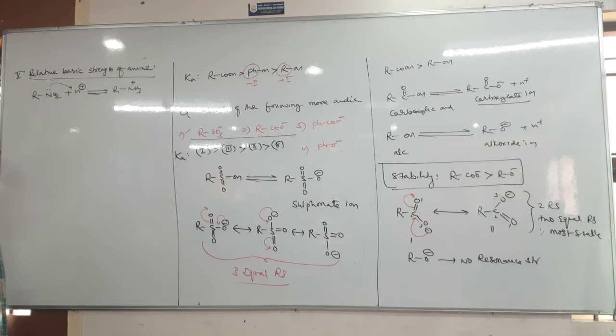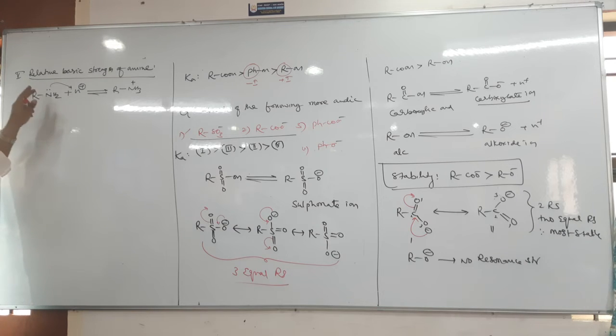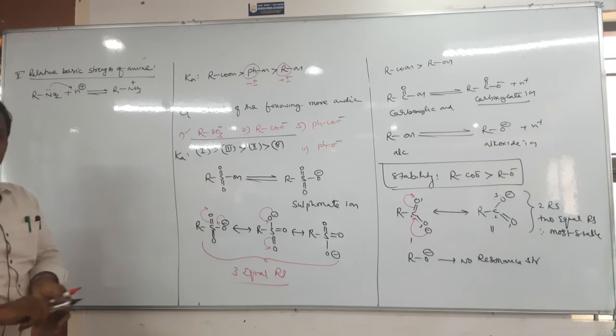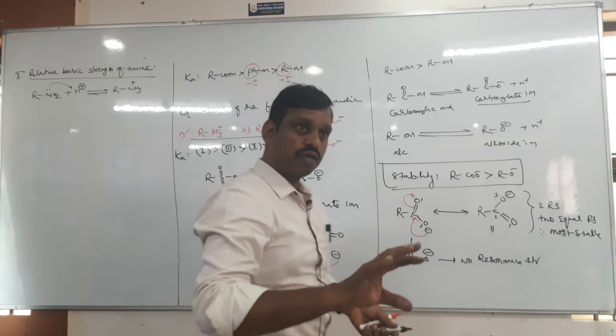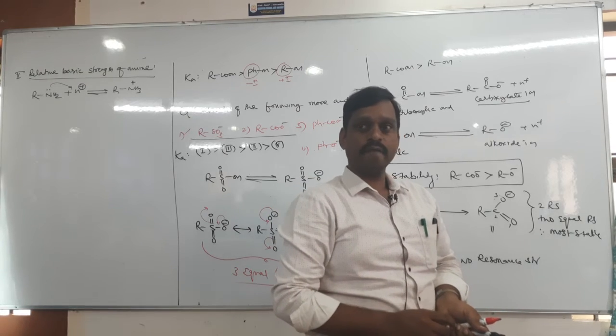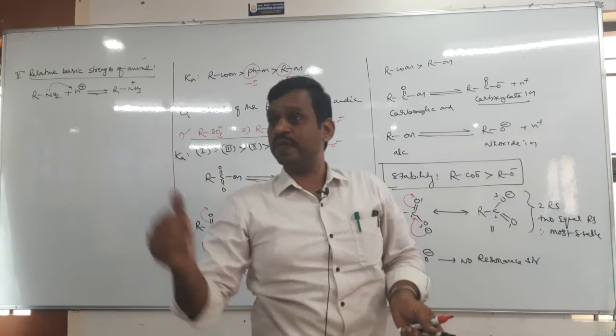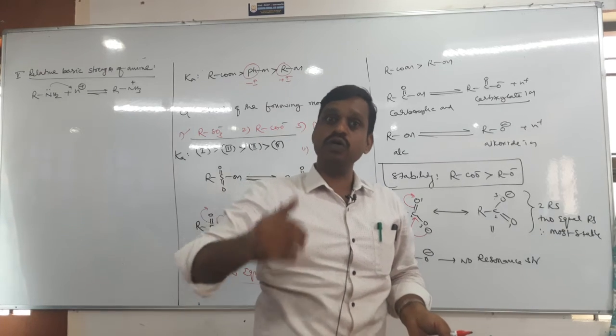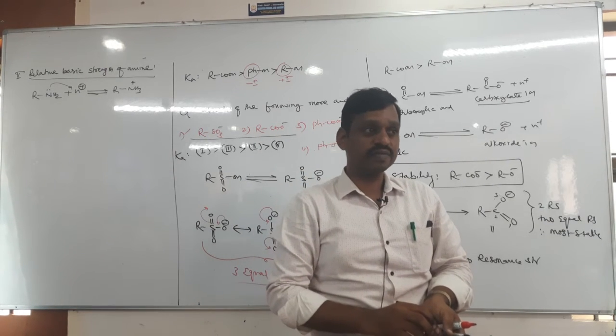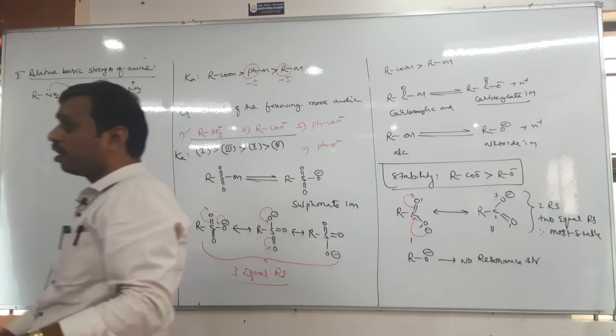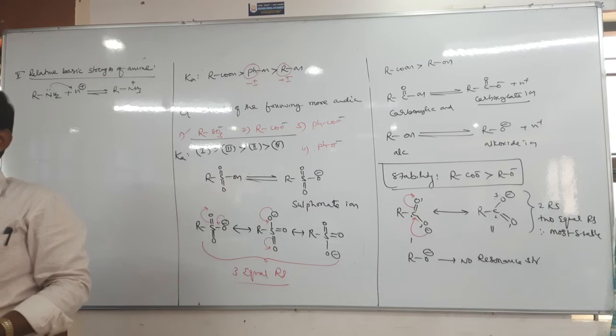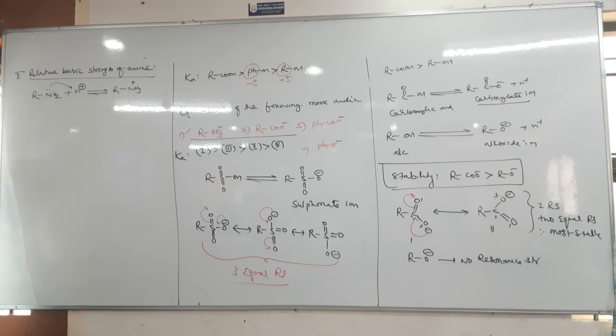It means amines are basic in nature due to the presence of one lone pair of electrons on the nitrogen, and it is capable of donating. See, we also studied that the presence of a lone pair makes basic strength. Is it basic? No. The presence of a lone pair is not always basic. There must be the capability to donate. We have studied in the amine topic, right? There are many compounds having a lone pair, but they are not capable of donating. So the same way, it is also here.